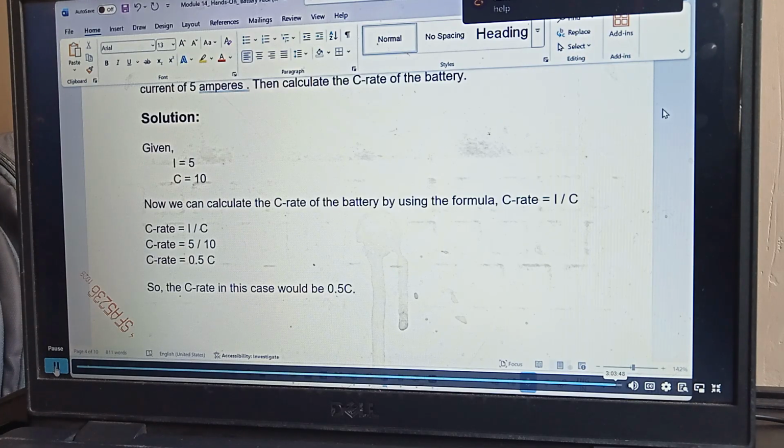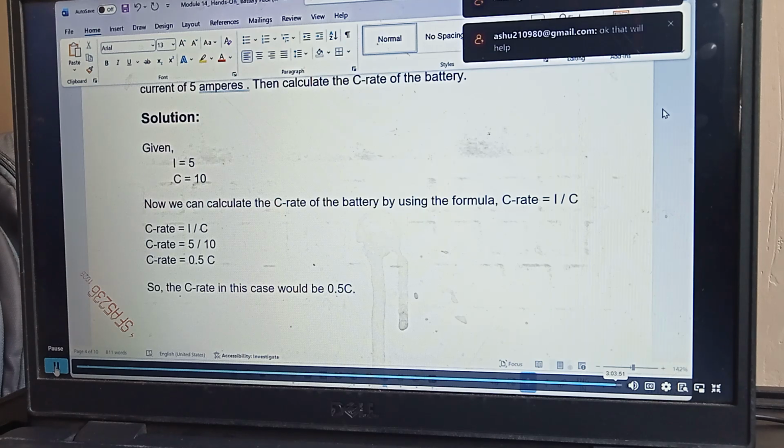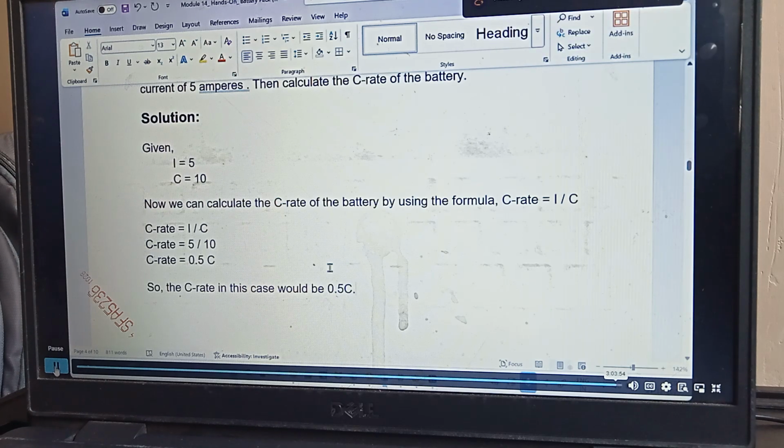So we have other problems also. We'll continue in the next class. In the next class, we'll be solving the problem related to